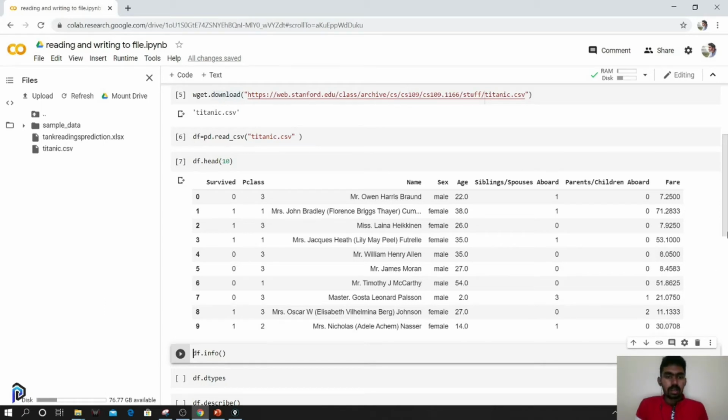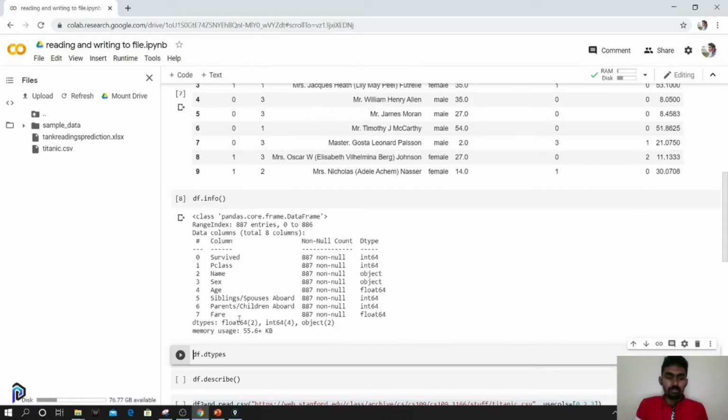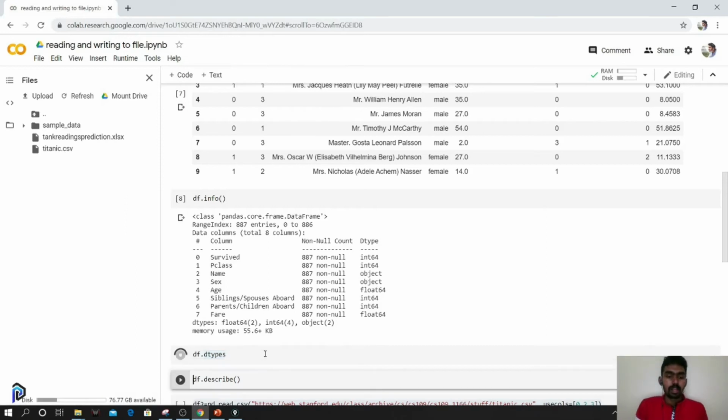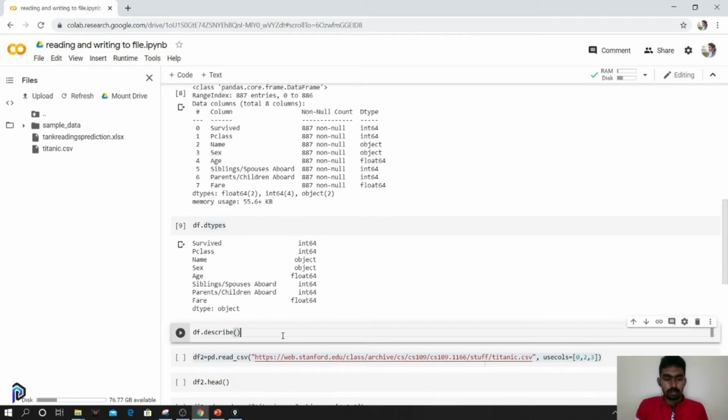The first thing that we normally do when we get a dataset in hand is use the function called info, df.info. It gives you all the information about it. There are totally 877 entries over here, and we have columns 0 to 7, 8 columns in total. We also have the data types of each and every column. A few of them are int, strings are considered to be object, and we also have some float values over here. You can also use attributes like dtypes, which returns the data types of all the various columns.